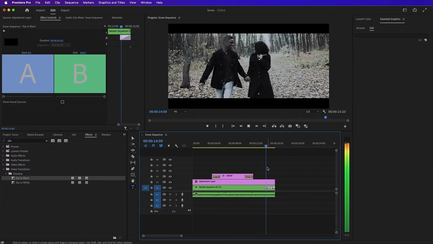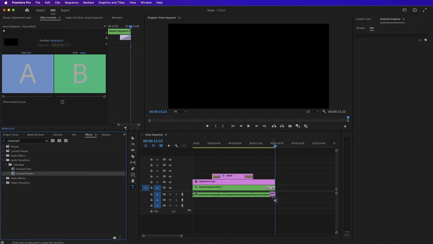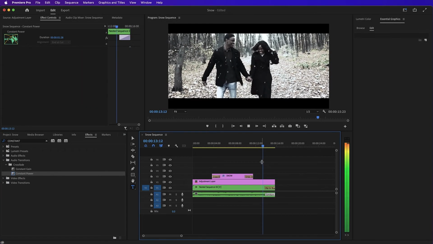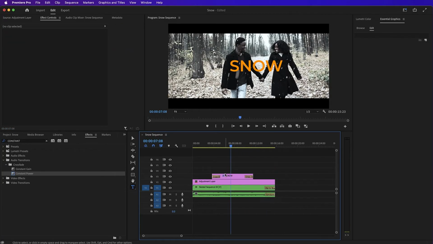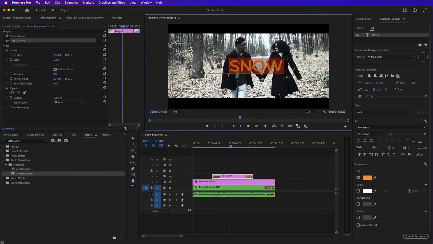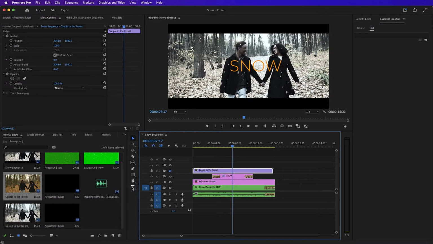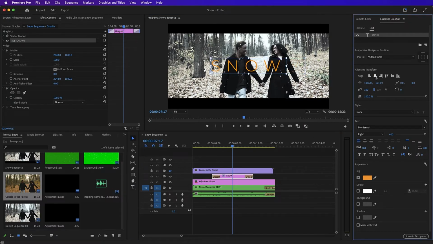And finally, let's add an audio transition. So we'll drag constant power to the end of our soundtrack. And we'll drag that into our soundtrack clip also so that they fade out at the same time. Overall, I'm very happy with that. I do feel the text needs a little bit more styling. I will select my text using the type tool and I will change it to light. And I will increase the spacing between the letters to 368